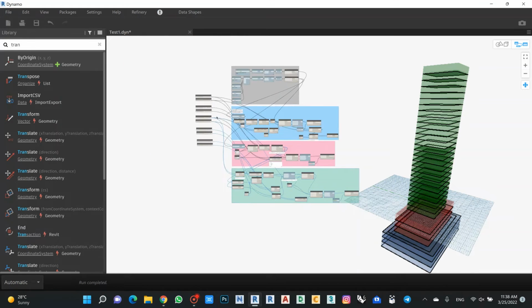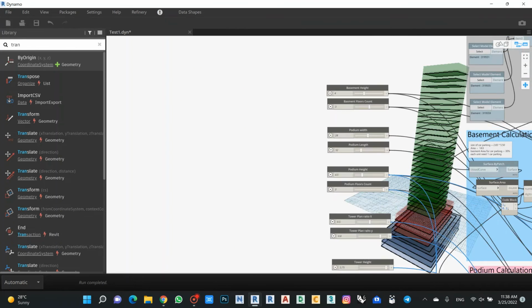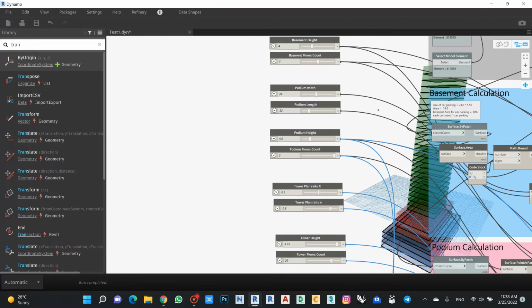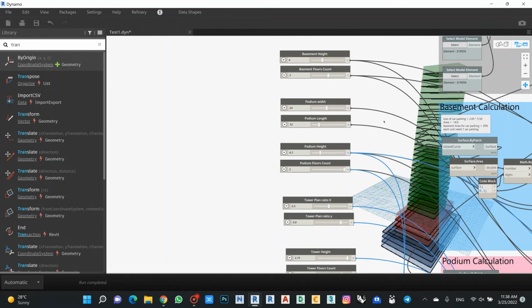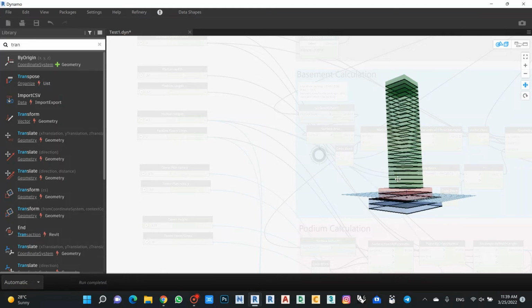And also we can make sure all our calculations and the study are in the right way, nothing at fault. So my basement height, if I change it, increase it in the good way. Also now my podium width and length and my podium count, if I go down, I can see it's already going down, and the tower is already in the perfect